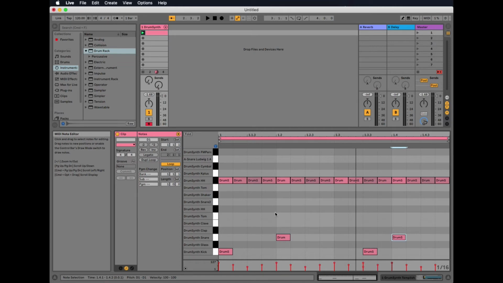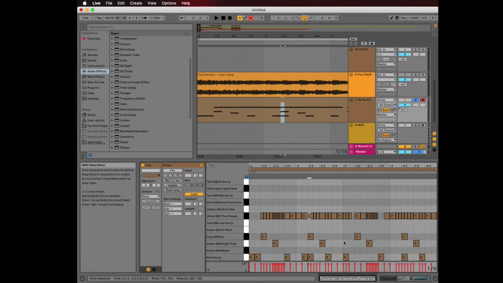So one thing I should mention, there are tons of different ways that you can come up with a drum and bass beat, right? There are a lot of different ones. There's not just one. This is a very basic drum and bass beat, okay? So all the stuff down here is the same. 4-bar pattern, and I've got kind of frantic hi-hats going all over the place. Let's hear what we've got.